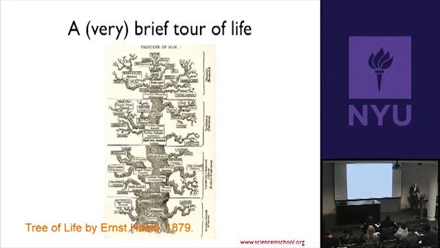And at that time, this was sort of an advance, but it was also reflecting some of the biases of the age. For example, the idea that man is at the pinnacle of this evolutionary tree, right? That there are these relationships between organisms, and you have closely related branches, representing organisms that are closely related.